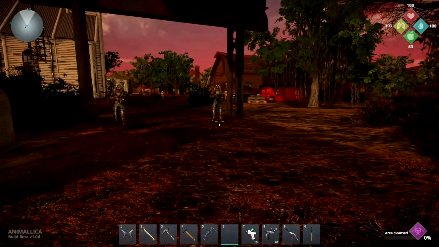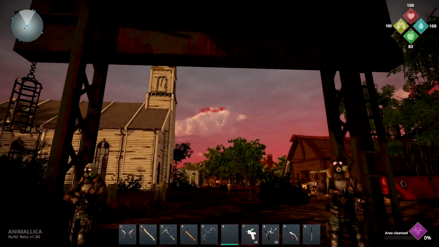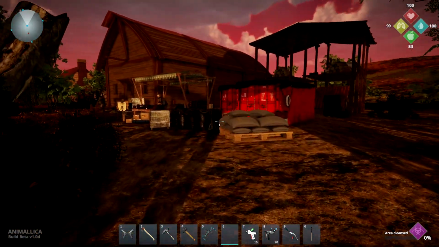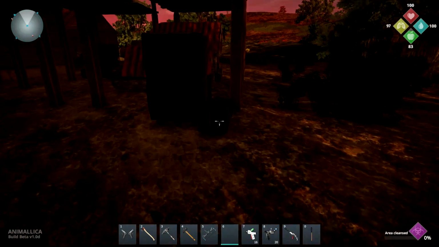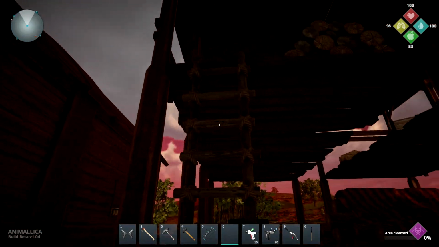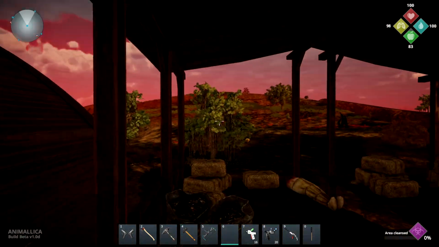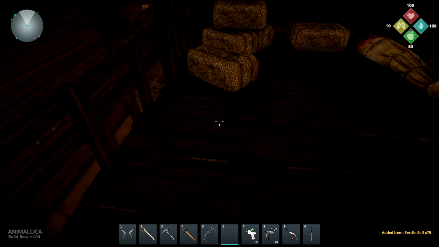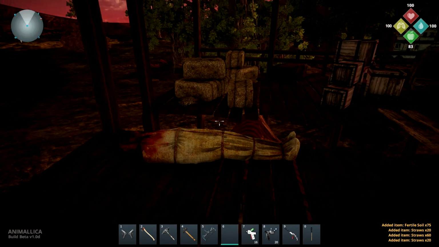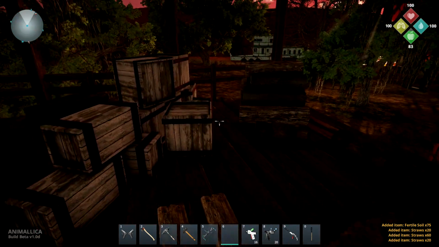Okay, we slept, we're fed, we're watered. Welcome to Corpse Harbor. Welcome back to Corpse Harbor. So when I came through here the first time, I grabbed up a bunch of loot. I don't know that I actually went up here, though. Oh, I did not. There's fertile soil. Straws. What I've noticed is some of the tools are there for us to use to...